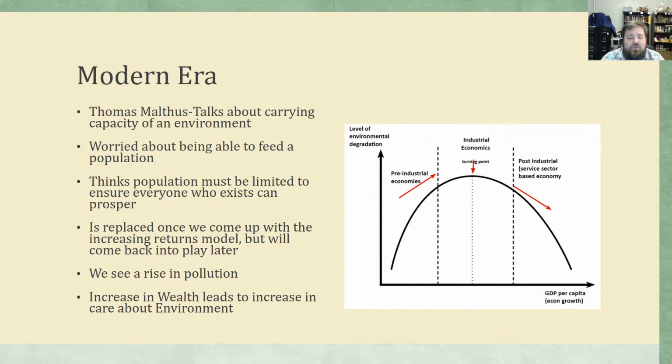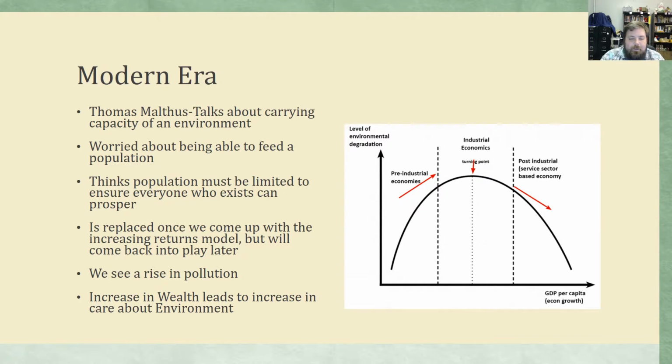And Thomas Malthus really began to worry that as the population was growing, we'd no longer be able to feed everyone. So the thinking began that we need to limit our population so that we can ensure that everyone who does exist can continue to prosper. This is something called a diminishing returns model. This diminishing returns model of growth shows that the more that you add people in, the more they drag